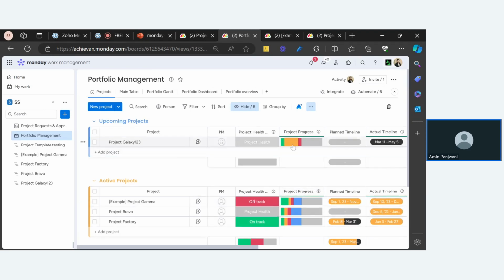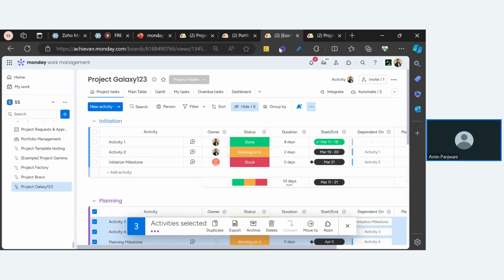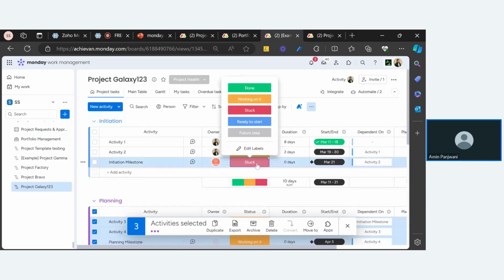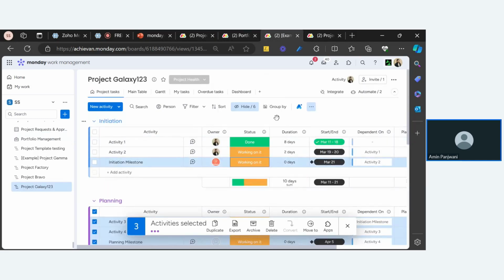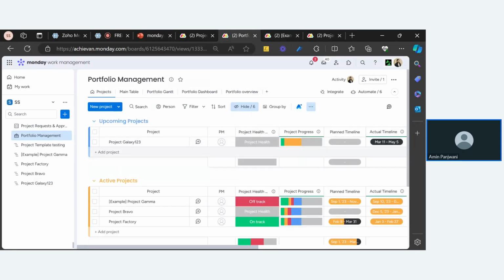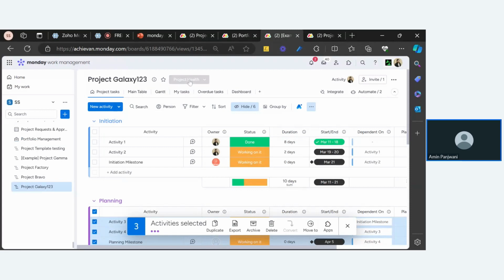Here, I don't have any blues. Let me just, there are some reds. Let me just change this to working on it. And now you see project progress. So we want to show you that the project progress gets rolled up from your project board to your